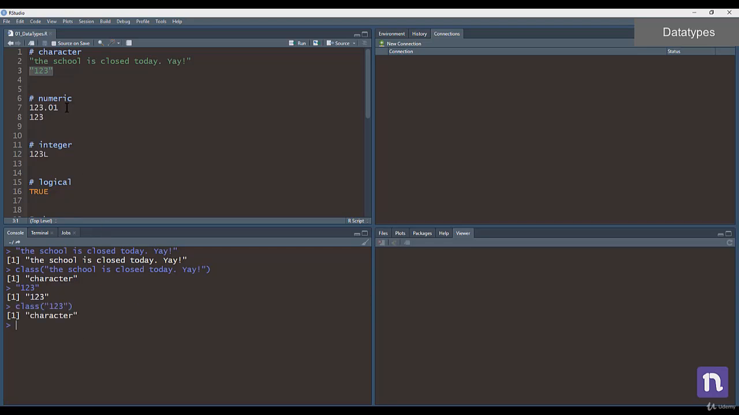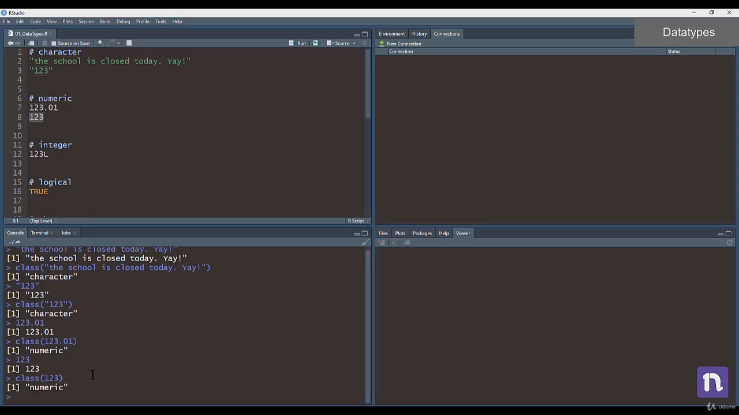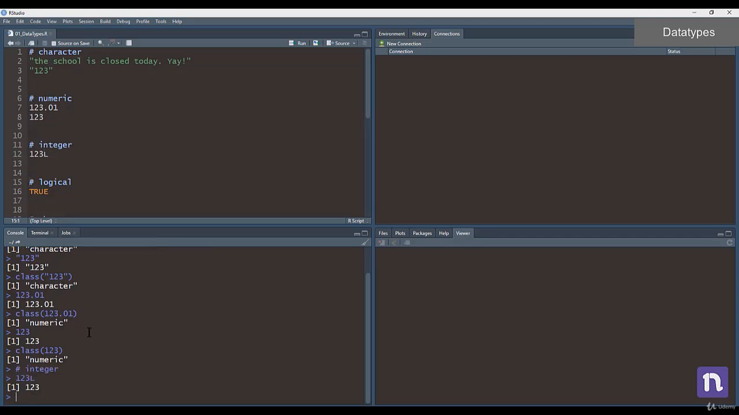If you want to create numeric, have a number and don't enclose it within quotes. It will be a numeric class. If you don't have a decimal place, still R understands that this is a numeric class only. Even if you want that number to be integer, if you're not explicit about it, it will still create a numeric class. Now, how to be explicit when you are creating an integer? Add an L sign beside the number that you want to create. So if you check the class of this